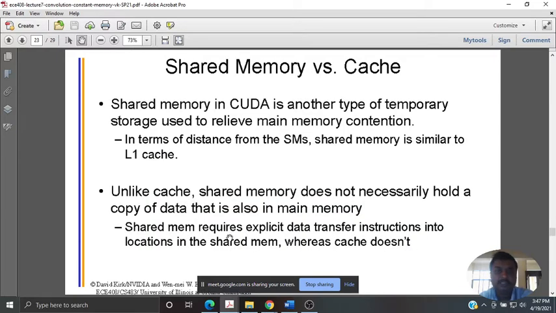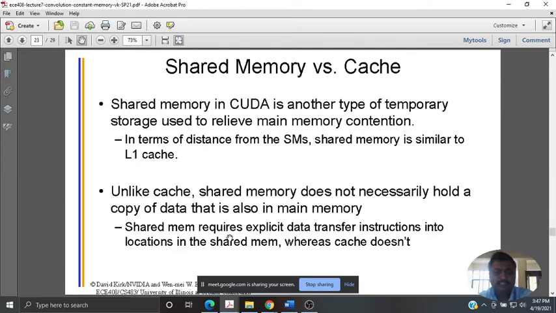Then shared memory versus cache. Shared memory is in CUDA, and most often all the threads in that particular block can access that. So most often you are not supposed to manipulate anything on that. Cache gives you a permission because there is a hidden microarchitecture, so that it updates whatever the current value, or there are additional bits stating it is dirty, valid, or exclusively owned by some processor, and so on.